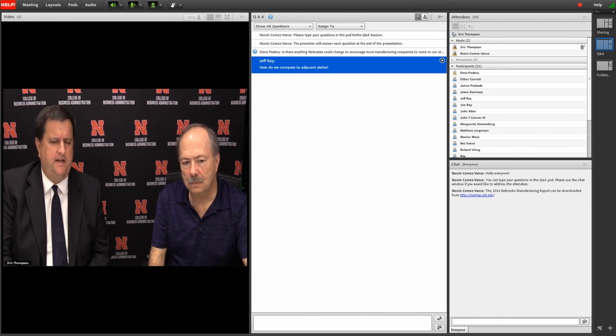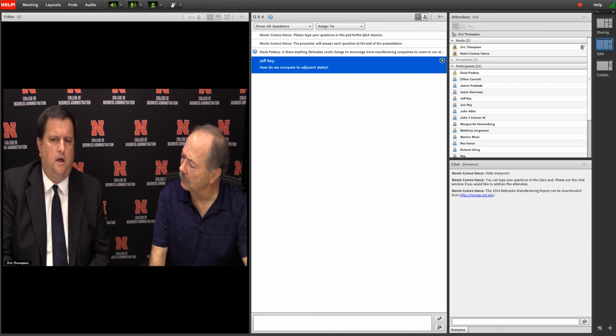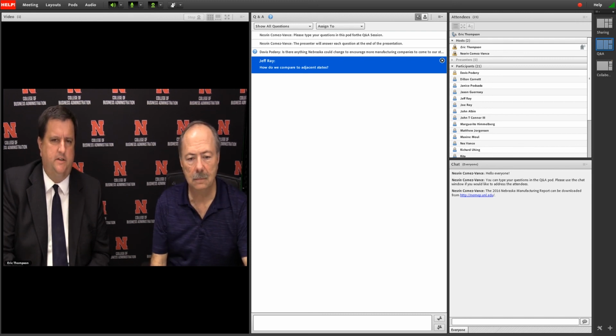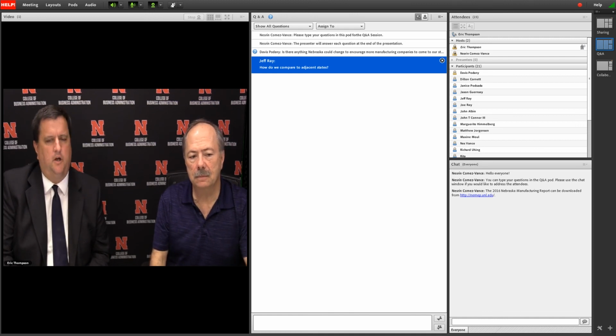Particularly on the tax side, Iowa tends to have a little bit higher tax burden than we have here in Nebraska. Kansas obviously has made some efforts lately in terms of their tax burden with some mixed results. I think it's fair to say. And Iowa, like Nebraska, and I think Kansas to some extent as well, does benefit from that link between agriculture and manufacturing. As well as South Dakota. South Dakota is a little tough, without an income tax, sometimes they can be a tough competitor as well. That's true.